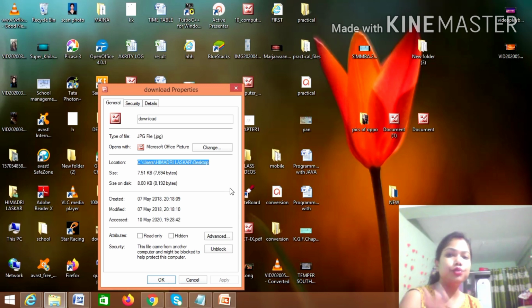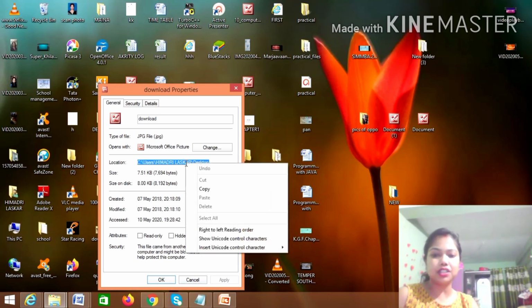Yes, so to make the computer understand which picture we need, we have to give the total path. First go to C drive. We have to instruct the computer to first go to C drive, inside C drive go to this drive, then inside this drive, and inside this drive. This is the picture we want as the background, isn't it? So for that we have to give the whole location, and you will get the location in the properties.